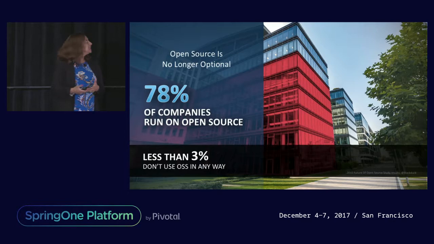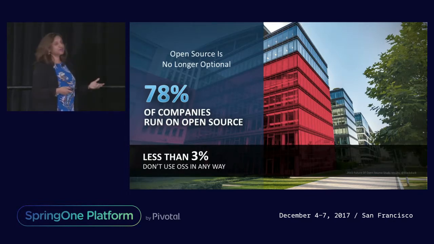In fact, over 78% of companies run on open source, and they use open source in their infrastructure, in their products, in their service. They start with an open source core, and then they add value, and then they deliver these products to their customers. It's a competitive advantage. If you don't use open source, you cannot get to market fast. You cannot innovate and add value where you need to add value. So it's become a business imperative for us as well to embrace open source and to be an open source supporter.